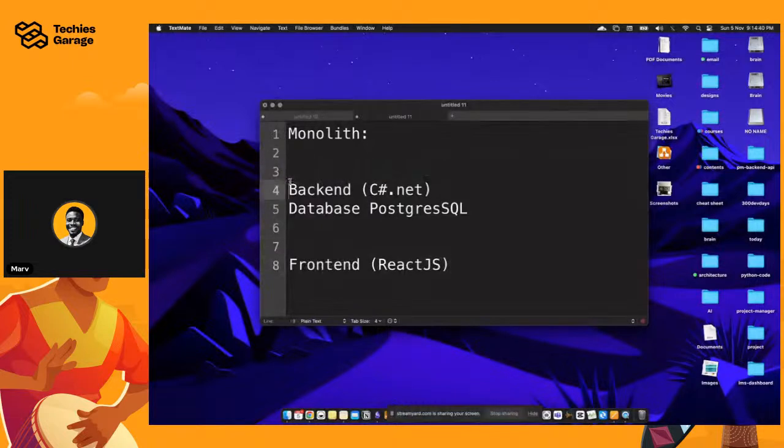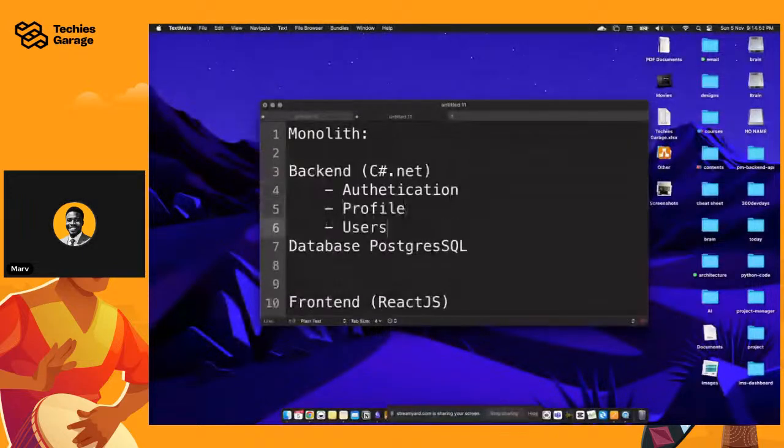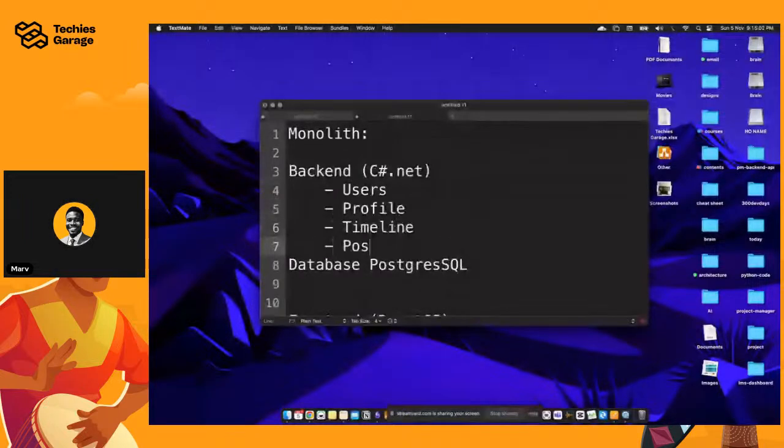But now on the back end, you have every single module. So for example, your authentication, right? You have maybe your, let's say, profile, let's say users. I mean, users can be mixed up with authentication. Maybe you want to do that. Then you have maybe, let's say, timeline, right? Then let's say posts. Okay. So you see this now. You have this as maybe modules or basically controller files, your controller modules, right? Sitting within your code base, right?